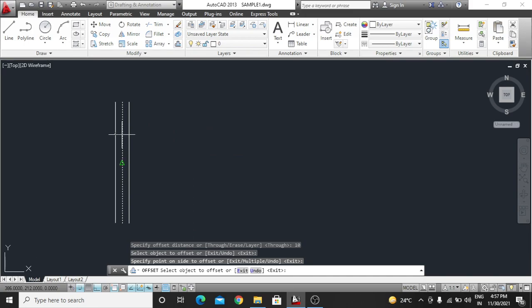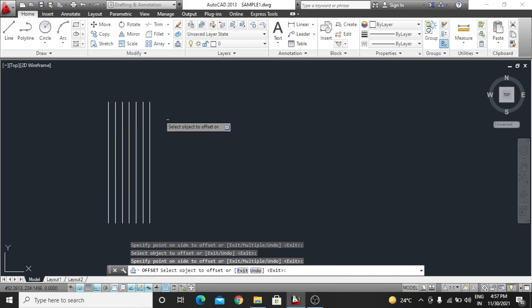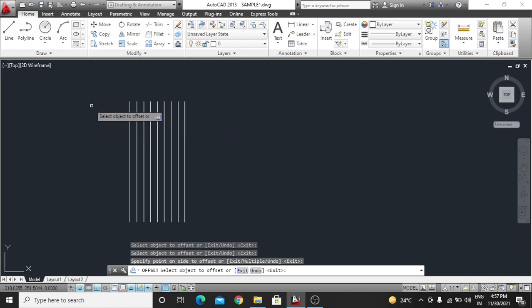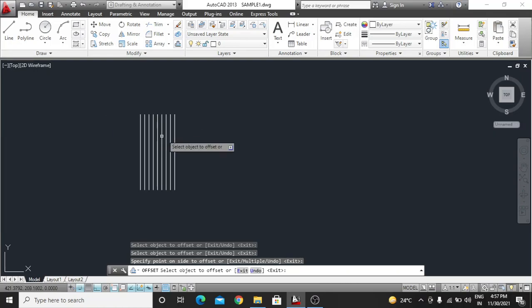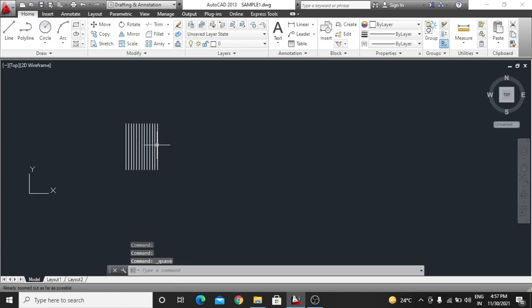If you want to make it in the left, make it in the left; in the right, make it in the right. Click it and draw it, click it and throw it. So here again I am telling you, AutoCAD has a very good feature. Unless you press the escape button, your command will continue. Now you can see I am pressing escape, so your command is not active anymore. Okay, so this is the escape offset command.